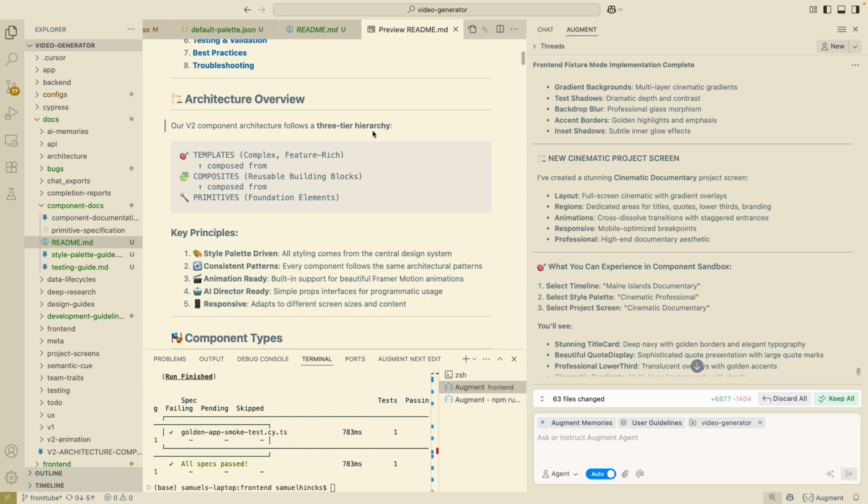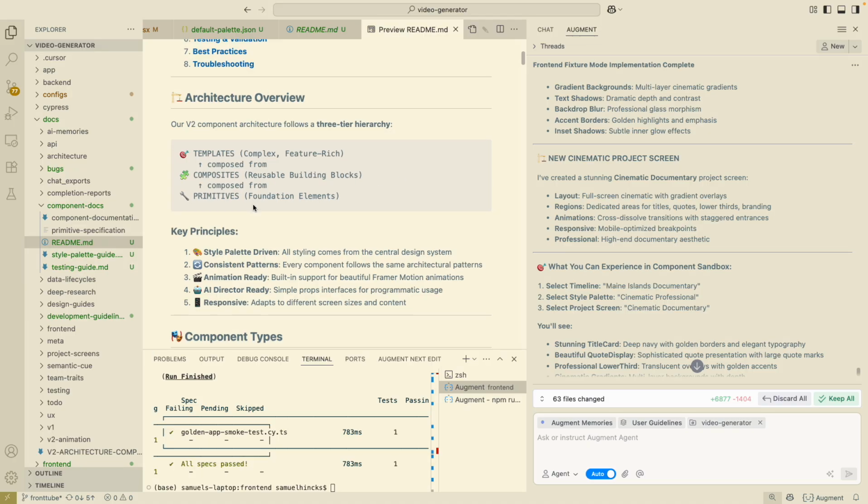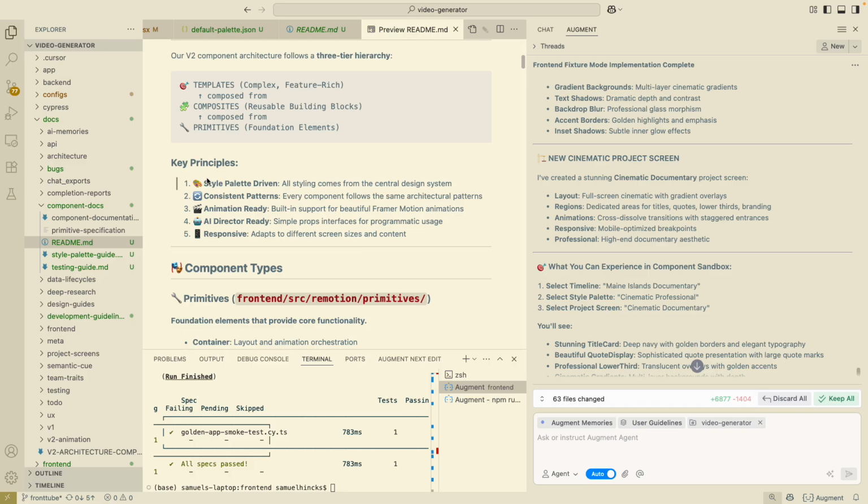Okay, so this is the component architecture here. We have primitives, composites, and templates. The key principle is that it's a style-driven system. All styling comes from config, that is just basic CSS that the AI can just generate and then apply to these primitives or composites that are designed for animation